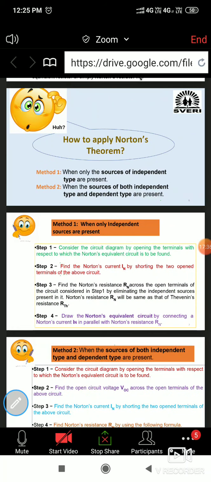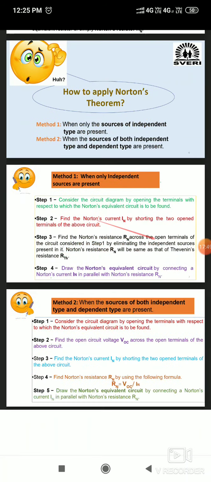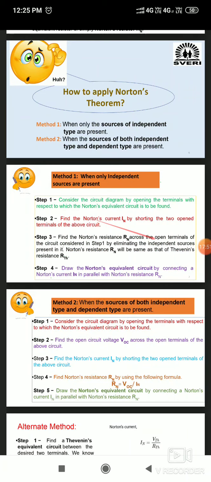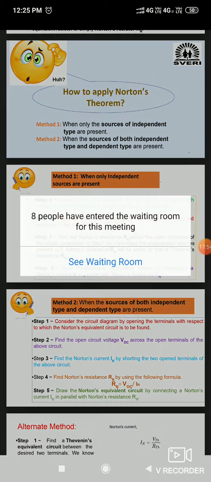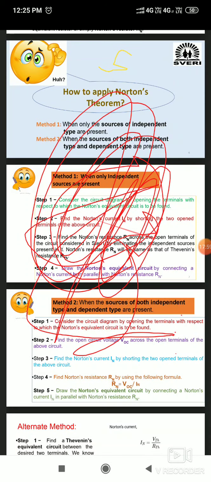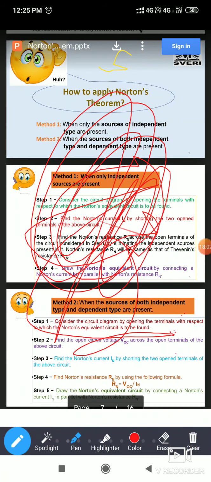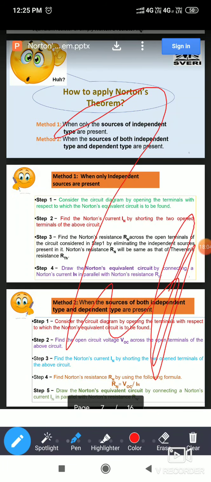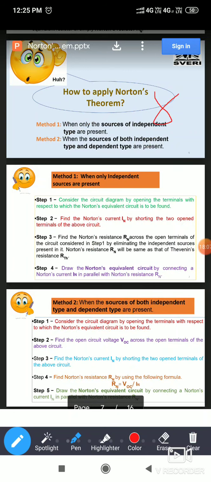So here I will use very simple words. When a given network is there in the question, suppose they are asking in the GATE exam, how do they ask? The subject is already given, so there will not be any descriptive question like what is Norton's theorem, or find Norton's equivalent circuit. The question will be like this: find the value of Norton's current, find the value of Norton's equivalent resistance. Okay, अशा तऱ्हेचे क्वेश्चन विचारतात गेट मध्ये.